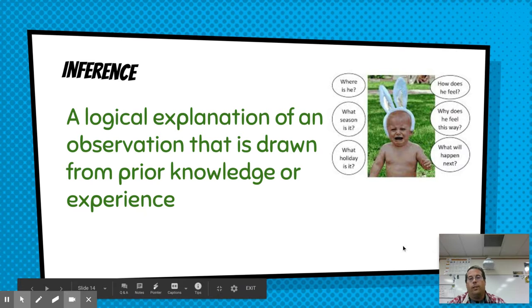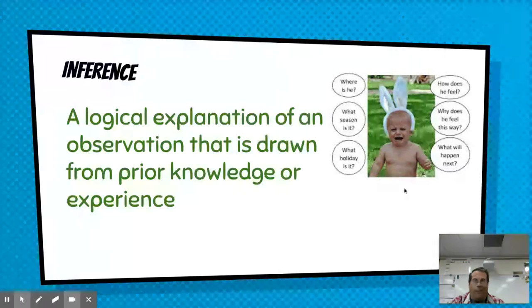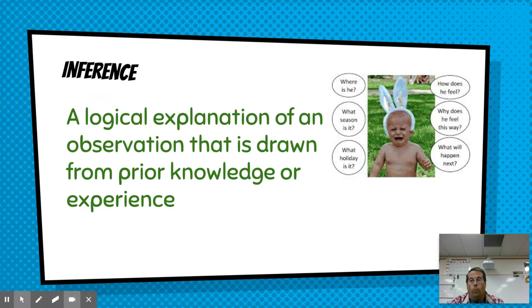If you take a second to answer these questions to yourself, where is he? So look at the picture. Where do you think he is? What season do you think it is? What holiday is it? How does he feel? Why does he feel this way? What will happen next? Now, you can make all those inferences you want, but you can't prove any of those